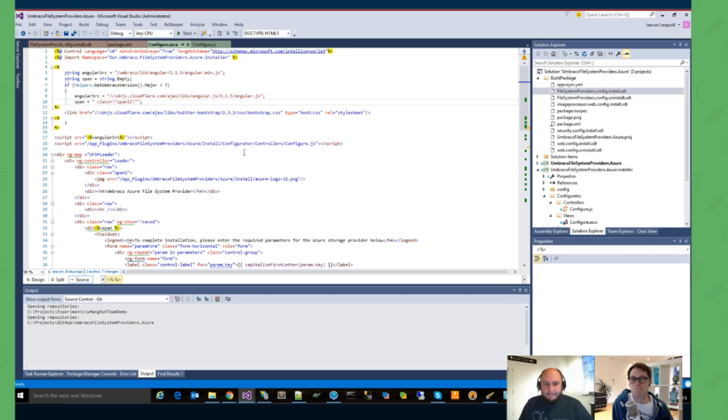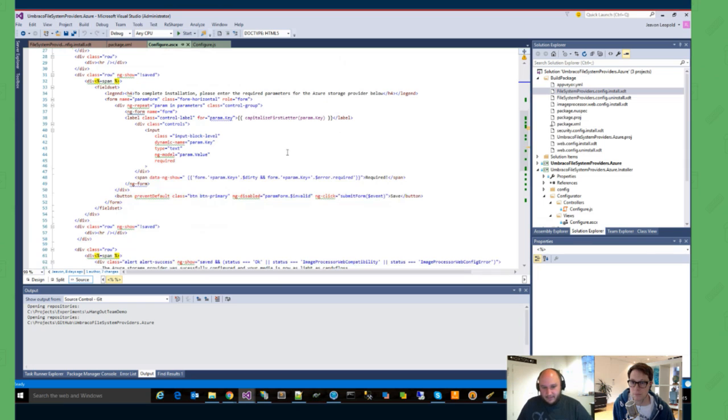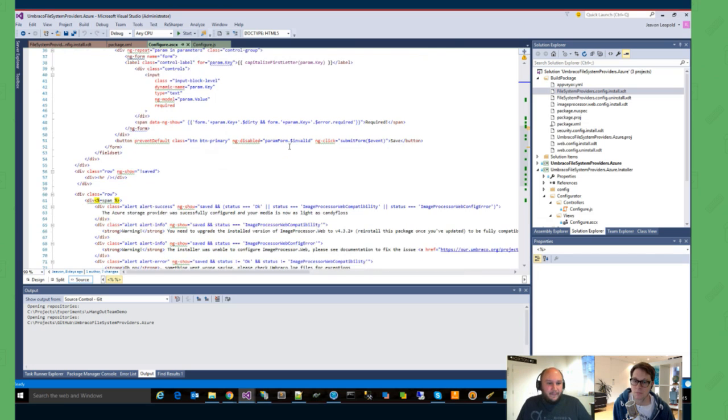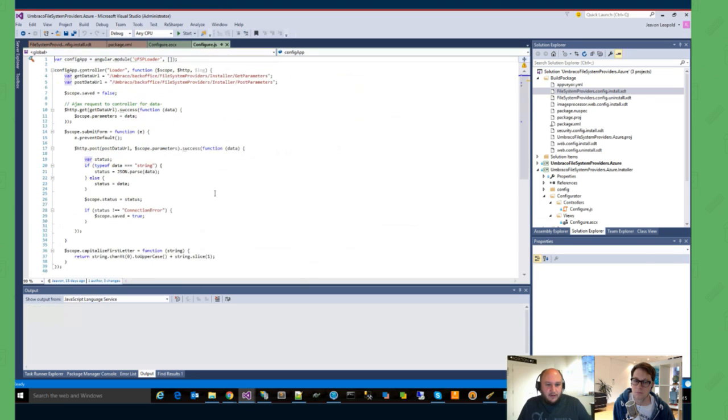Yep. But it just meant that it's familiar, and hopefully, it makes it a bit more future-proof, because I'm quite sure with package migrations or whatever comes in the future, these will become Angular views like everything else. Yeah, it would be nice. So basically it just loads that up. Obviously it has a controller, and it makes some web API requests. So what those web API